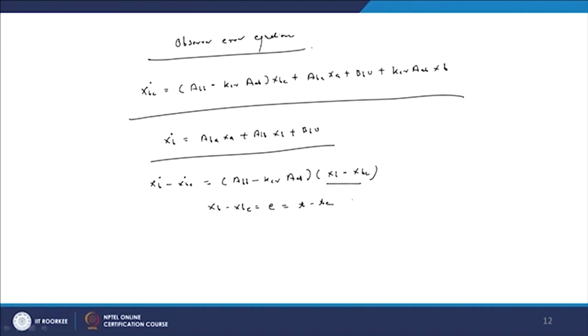Therefore E dot equals ABB minus KER into AB into E. So this is called the error equation for the minimum order observer,